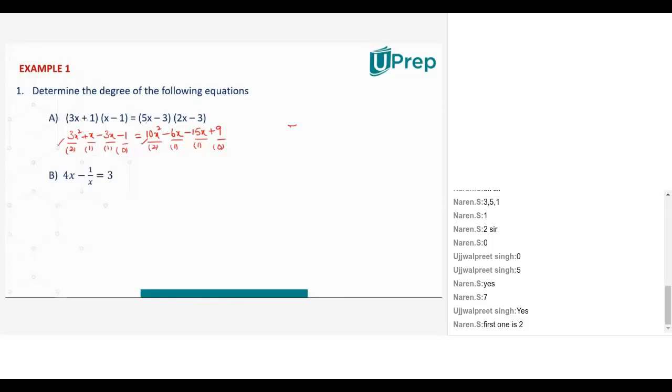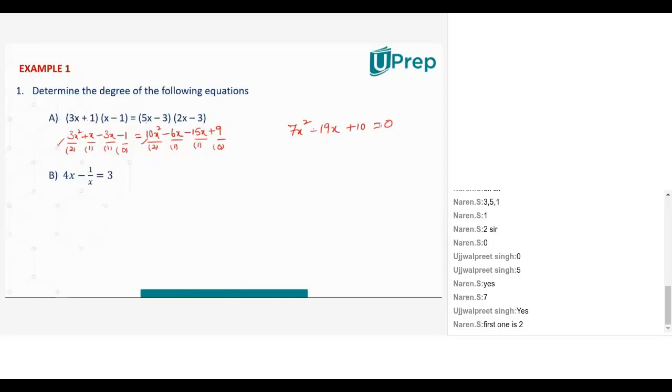3 comes to this side, it becomes minus 3x square. So it is finally 7x square. Minus 6x minus 15x is minus 21x. Simple polynomial simplification that we have done. Plus x minus 2x, which is minus 2x on the left hand side. When it comes to right hand side, it becomes plus 2x. So minus 21 plus 2 is 19x. Plus 9 is a constant on the right hand side, whereas minus 1 on the left hand side, when it comes to this side, it becomes plus 10. Nothing is remaining on the left hand side, it becomes 0.